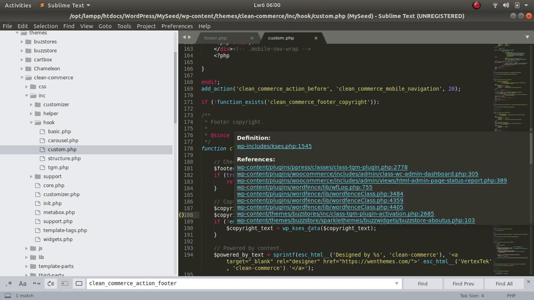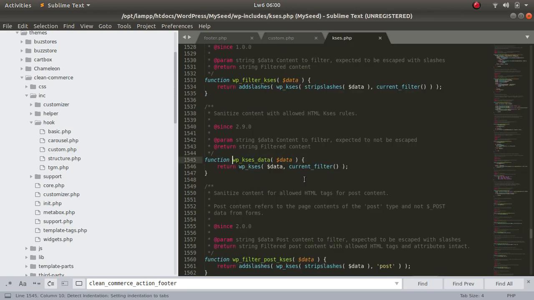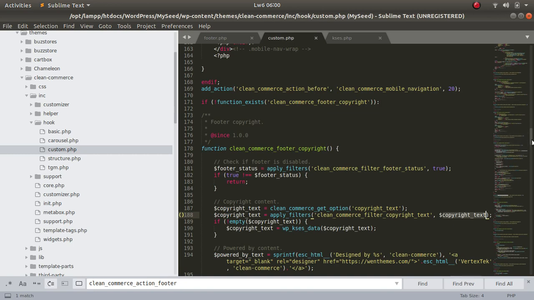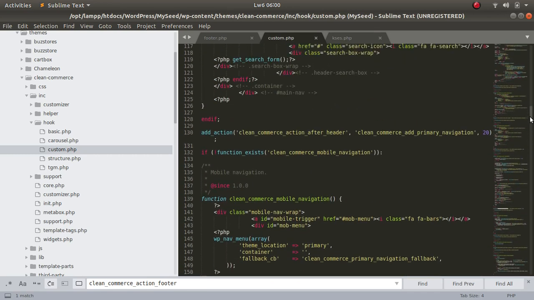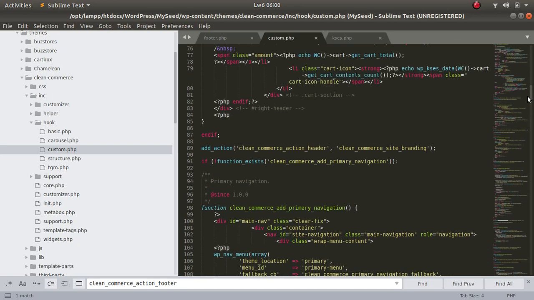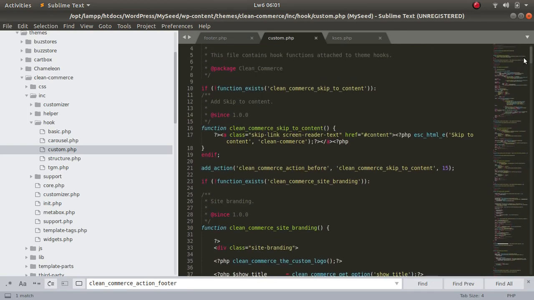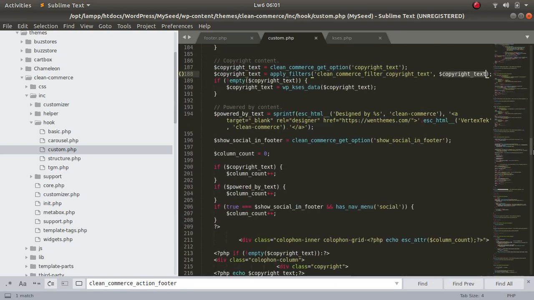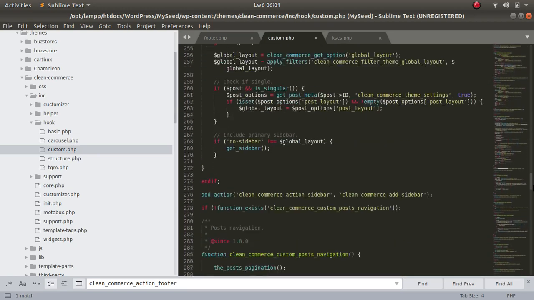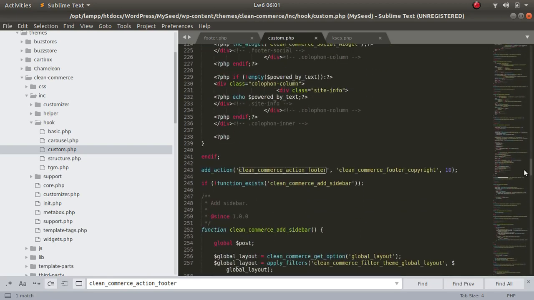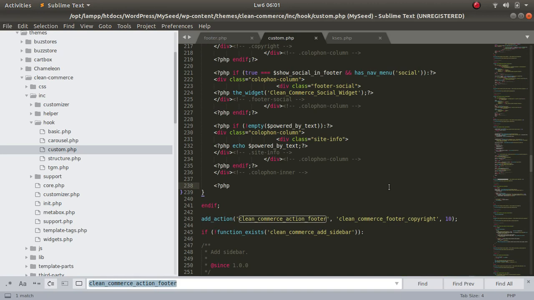Hover over that function and you see where it is defined. It's defined from here. It just calls for any text and it outputs it. So that means it is where I think I can find footer.